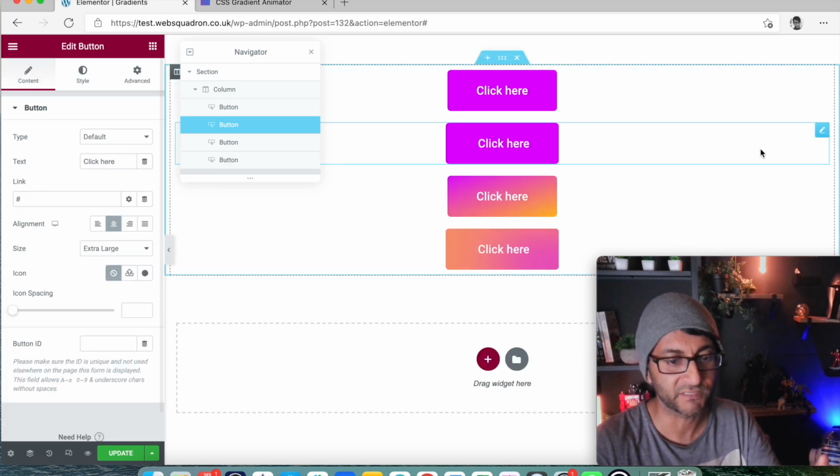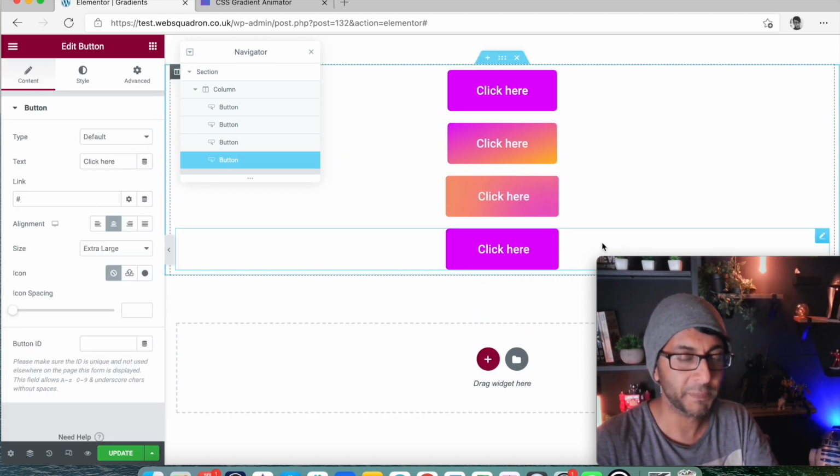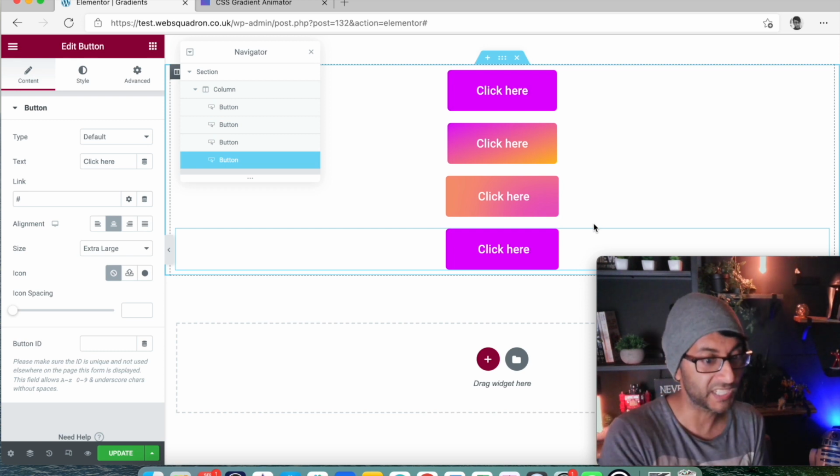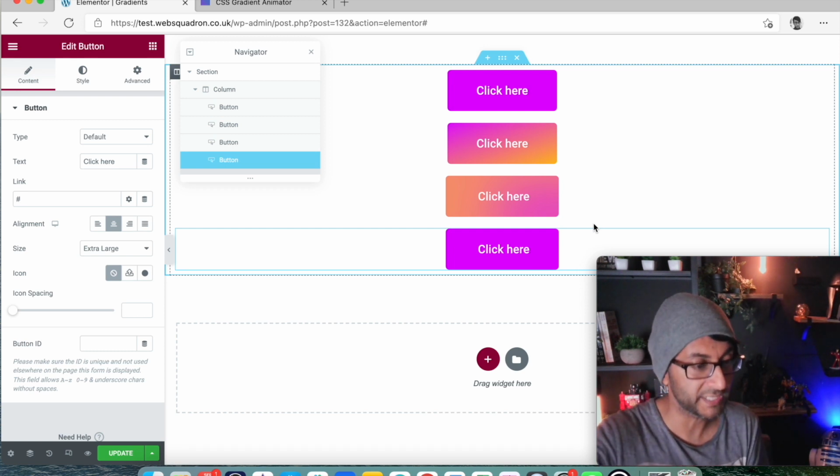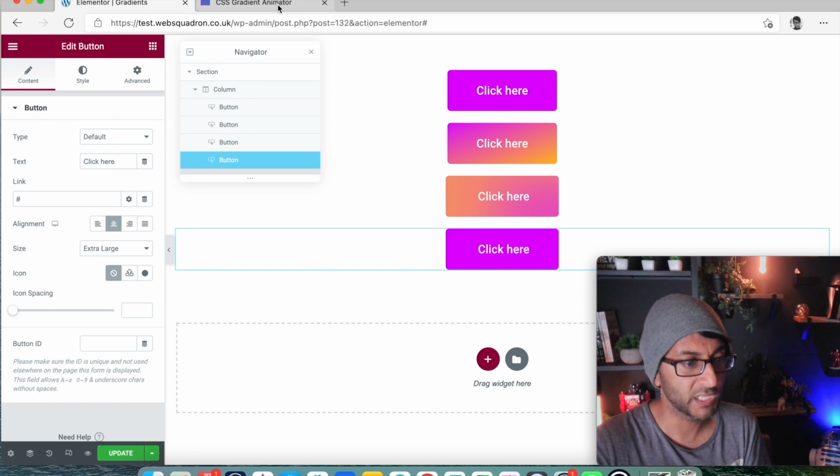Let's just make a duplicate of the very top button there, and I'll drop it to the bottom. We're actually going to get rid of the color for this in a moment, but I want to show you what it does. If I now go over to this website here,